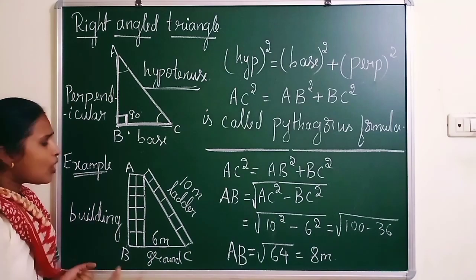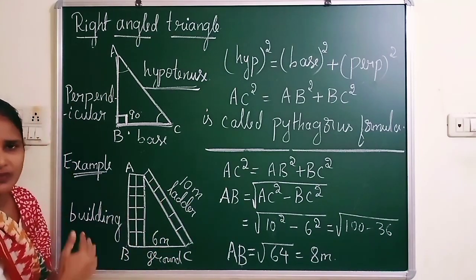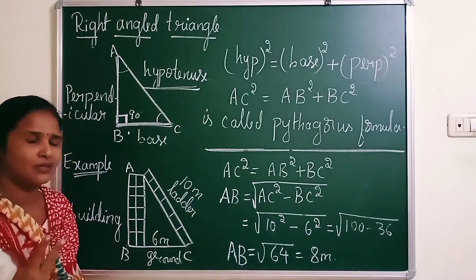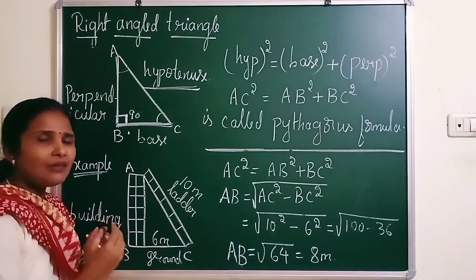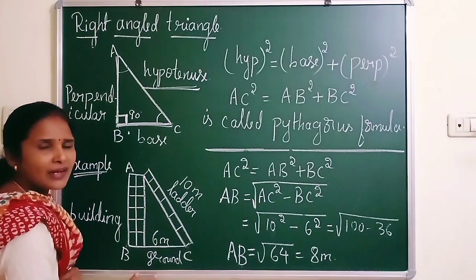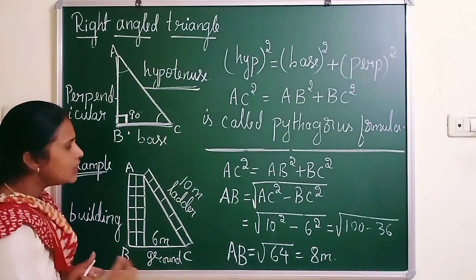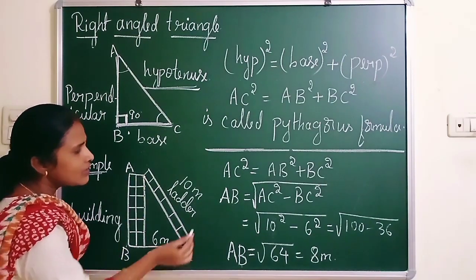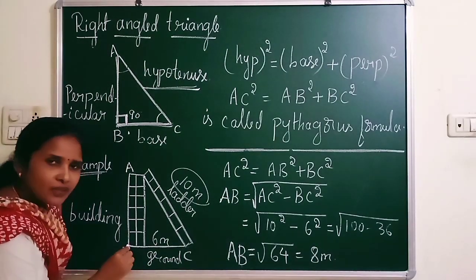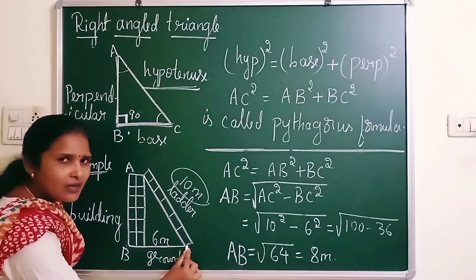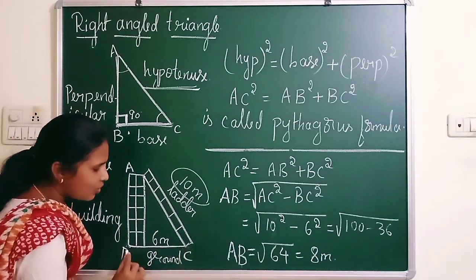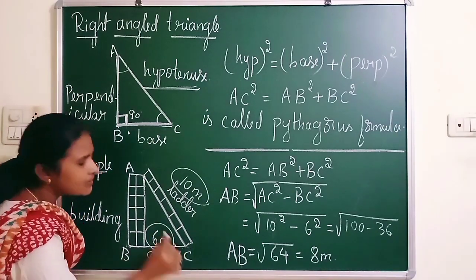Already you know the relationship between all three sides. Out of these three sides, if I know any two sides, listen carefully, this is very close to trigonometry. So out of three sides, we know two sides. Think that I know the length of the ladder, that is 10 meters, and the distance between the foot of the building and the foot of the ladder, along the ground, let us think it is 6 meters.